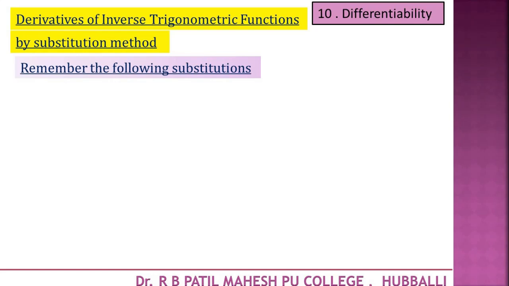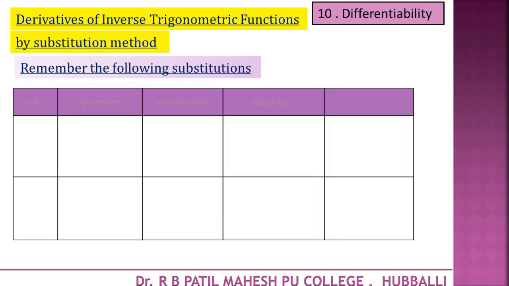In the inverse trigonometric chapter you learned how to write the simplest form of the inverse function using the substitution method. Here once again I recall the expressions and what substitution we have to take for each expression. I will discuss it, and then examples on that.